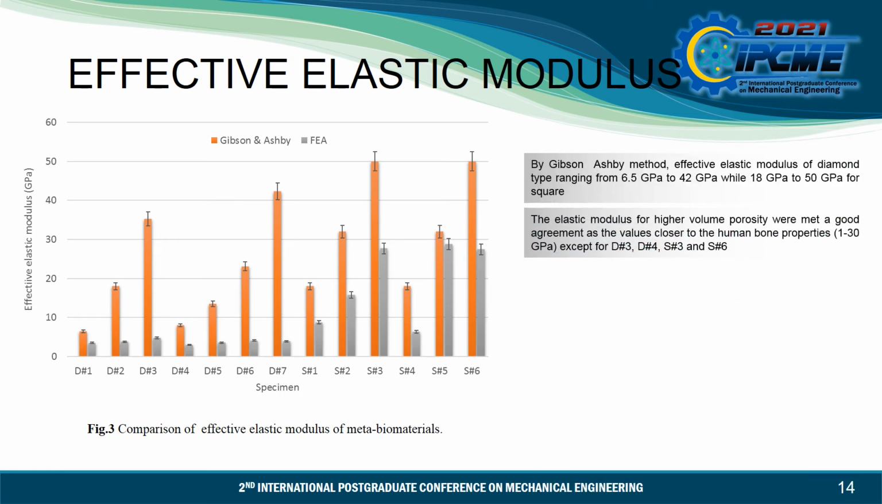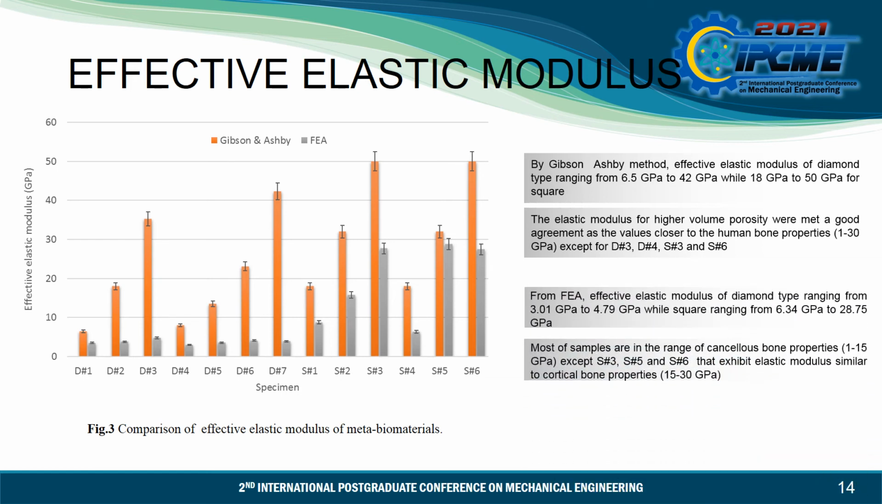the effective elastic modulus of the diamond type ranges from 6.5 to 44 gigapascal, while 18 gigapascal to 50 gigapascal for the square. The elastic modulus for higher volume porosity makes a good agreement, as the values are closer to human bone properties from 1 to 30 gigapascal, except for D3, D4, S3 and